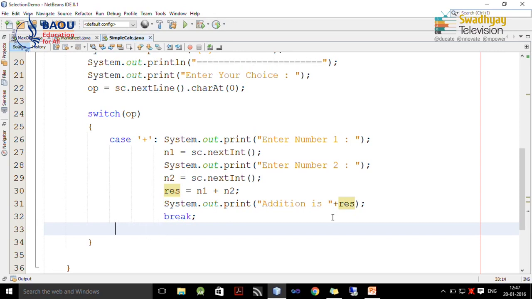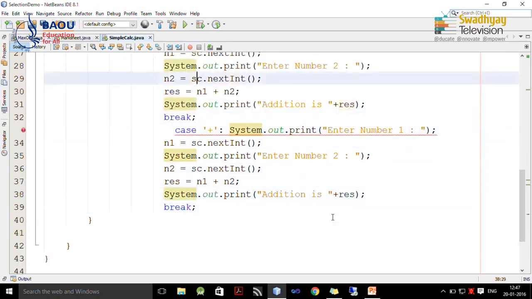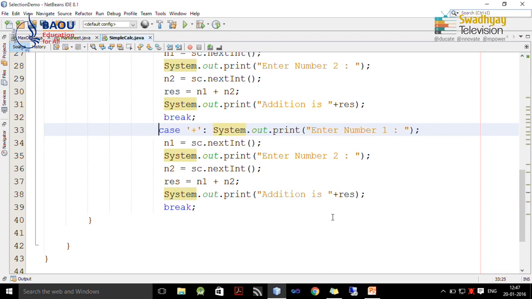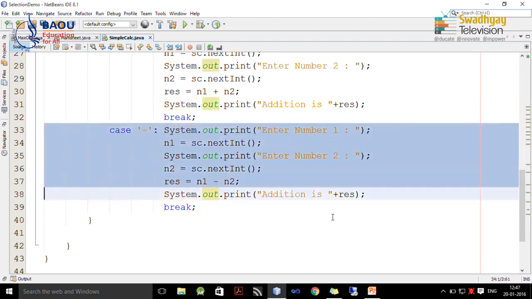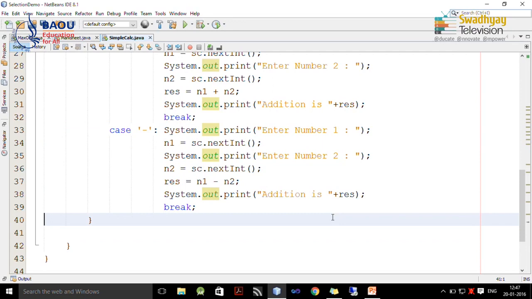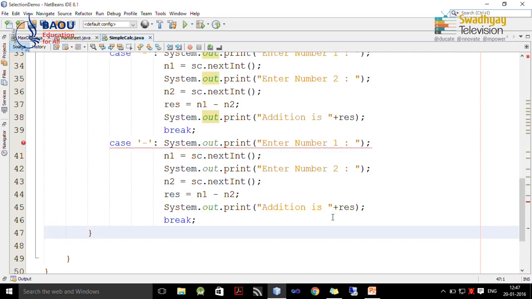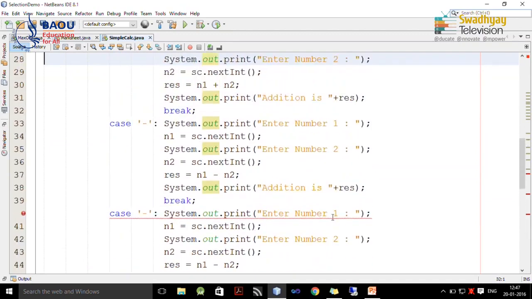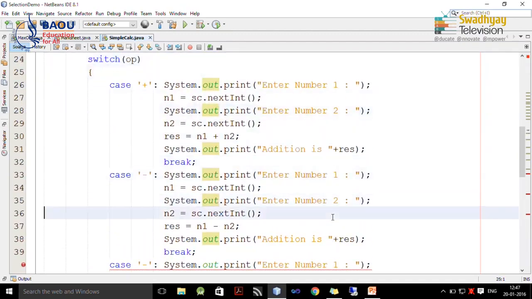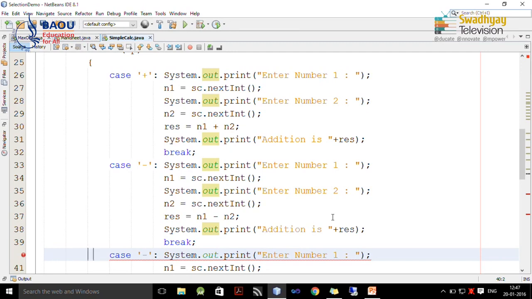Next, we copy entire case, but at this time we will change this value to minus, we read two numbers and perform subtraction. So, we have to again copy these for multiplication, division and modulo division. So, you can see all cases are similar, but only change is in operation.